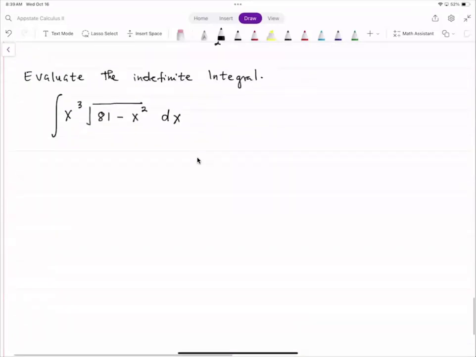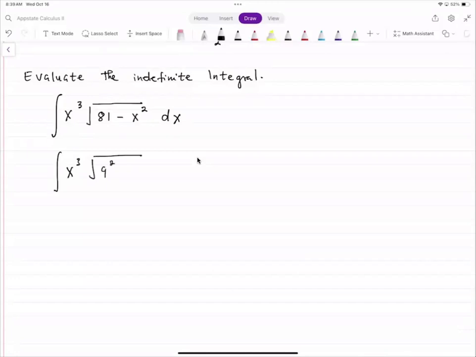Okay, let's try to do that together. So now this can be written as x cubed over the square root of 9 squared minus x squared dx. Now, Gabby, tell me, what did you use as your x? What trig function did you use? So x equals